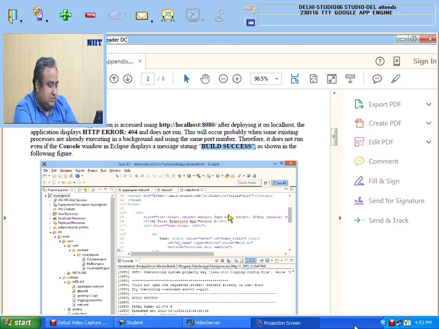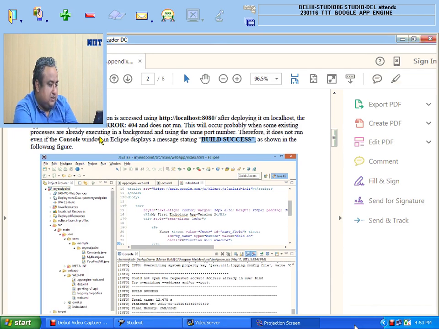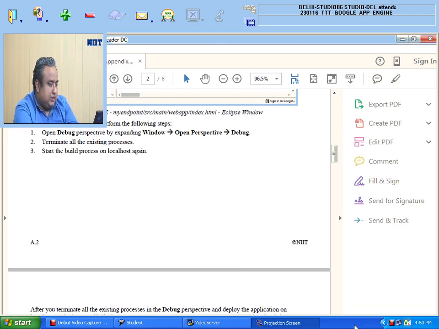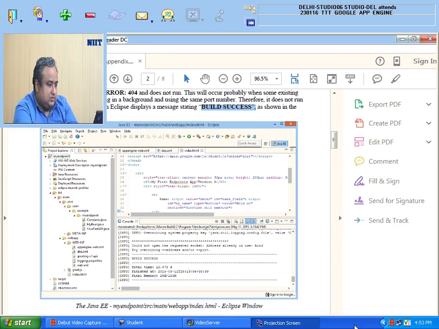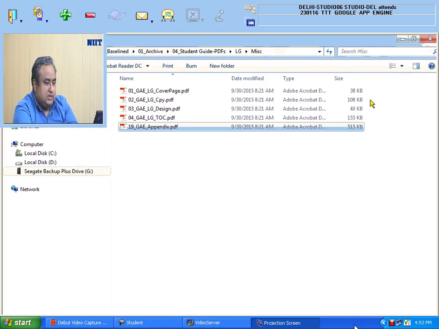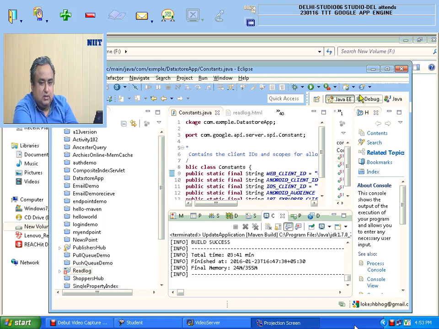So you may get some kind of a message, but what you need to do is open the debug window, and terminate all the existing processes and start the localhost process again. So you need to go to this debug option over here. You can see this debug option over here. In this,